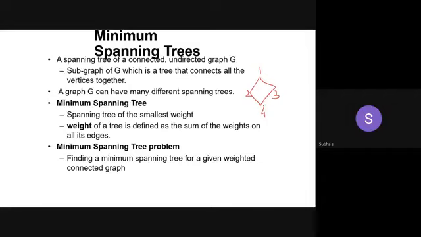How can we make it as a tree? We just have to disconnect, or remove any one edge. Suppose. Yes. Now the graph becomes the tree. But all the nodes are present as such. Suppose I am starting from 2, 2 to 1, 1 to 3, 3 to 4. I have visited all the nodes, but I made it as a tree. Okay. So this is called the spanning tree.